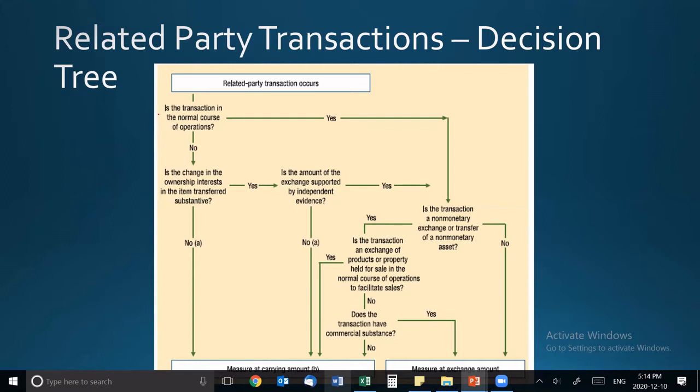Like, is it just because it's the related party, or are they selling it to other people, other companies as well? Is it part of their operations? Is this what they do? So that's either going to answer yes or no, which will take you to another portion. So if we say no,